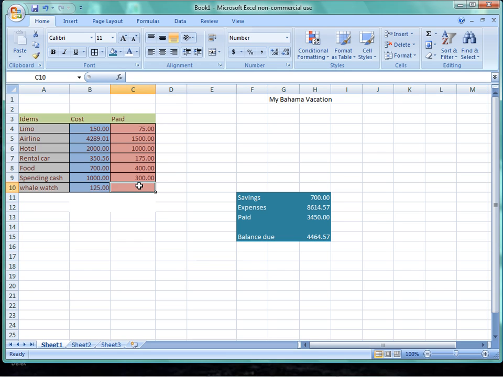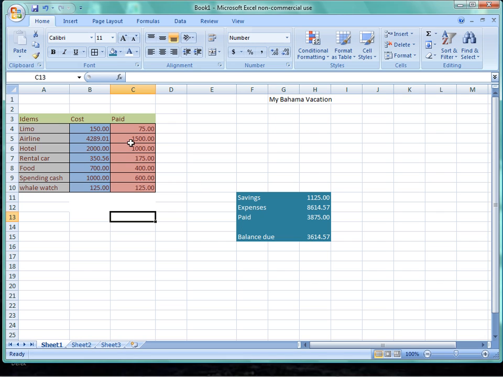So you come home from work, you have your pay, take your $125, stick it in an envelope, mark it whale watch, enter, and it automatically changes your figures. You're down to 4,200. Put a little more money in the bank. Let's change this. Say you throw another $300 in the savings account, so now you're at 6. Automatically changes it. You're down to